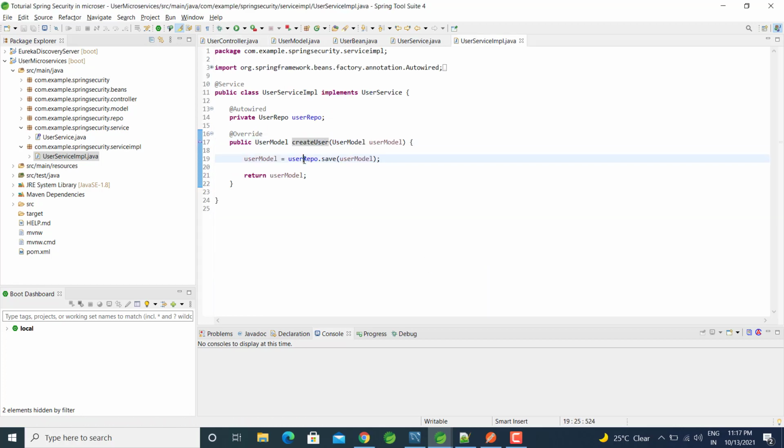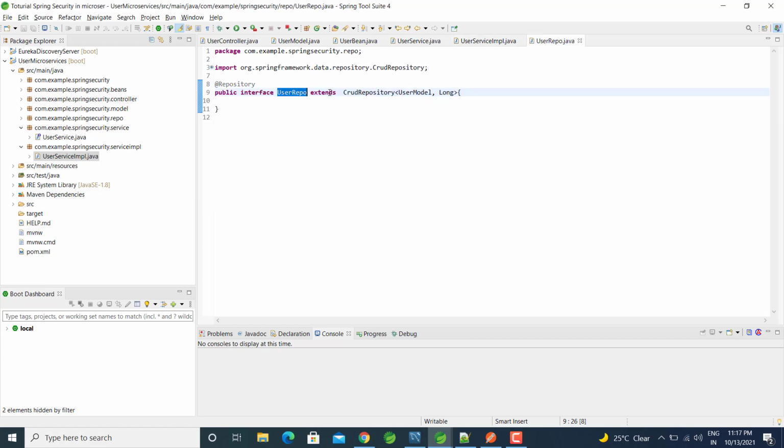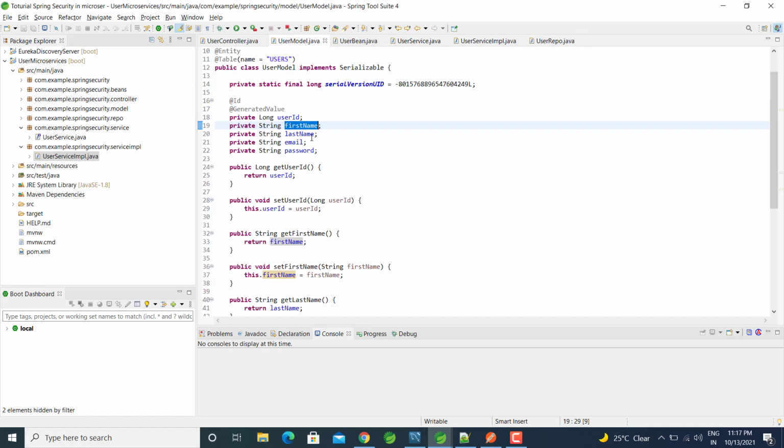In this create user method, I save the user model in the user repository. So I created the user repository. Let me walk you through it. The user repository has the annotation Repository, and it extends the JPA repository. This is our user model, meaning the database model.